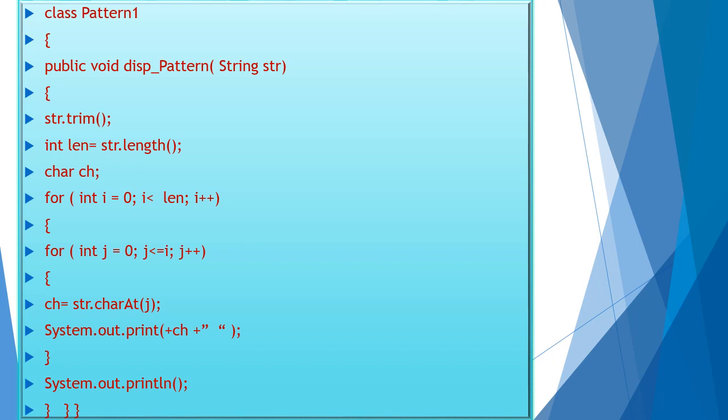And closing of the outer loop, closing of function and closing of class.